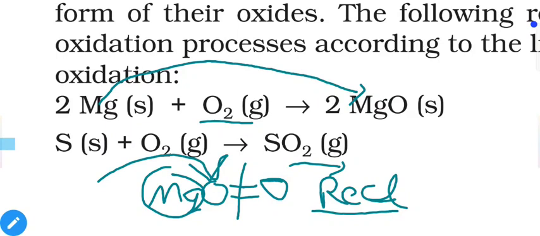as reduction. Similarly, for the second reaction, for sulfur it is oxidation, but we add sulfur into the oxygen. Although sulfur is an electronegative element, in comparison with oxygen it is electropositive. Oxygen is more electronegative than sulfur. So we are actually adding sulfur into the oxygen, that means an element more electropositive than the oxygen, into the reaction. That's why it is reduction.